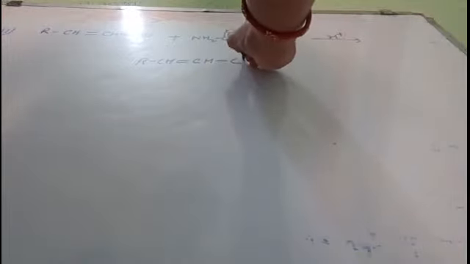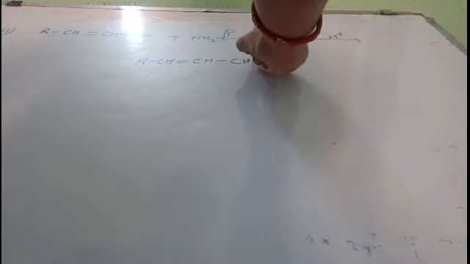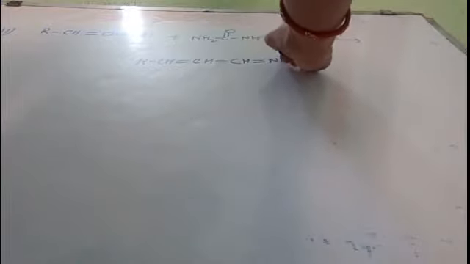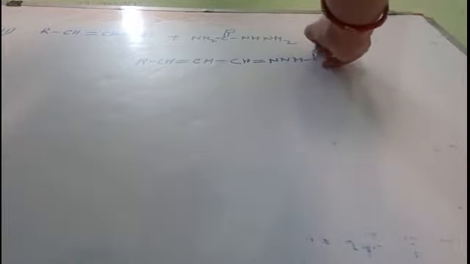Now here you have to remove hydrogen from this side. So CH double bond N NH CO NH2. So it is semicarbazone. The name of the reactant is not given. It is a general compound given. So we will just write semicarbazone.